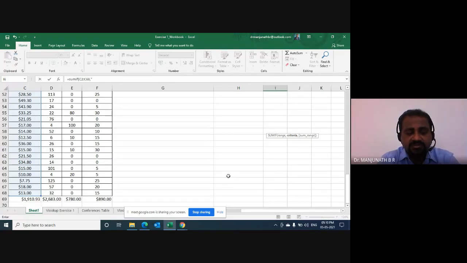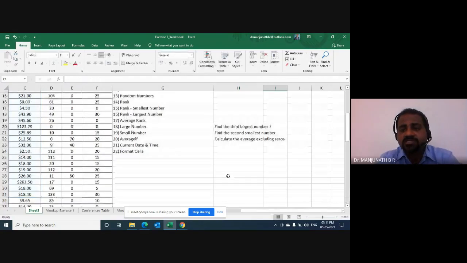So I'll be doing now shift and then the double quotes open. We know the condition that unit prices should be higher than, so use a symbol higher than, and the condition says 20. Now we will close the double quotes and then close the bracket. Now if I hit enter, let's see what happens if we all get the same response.